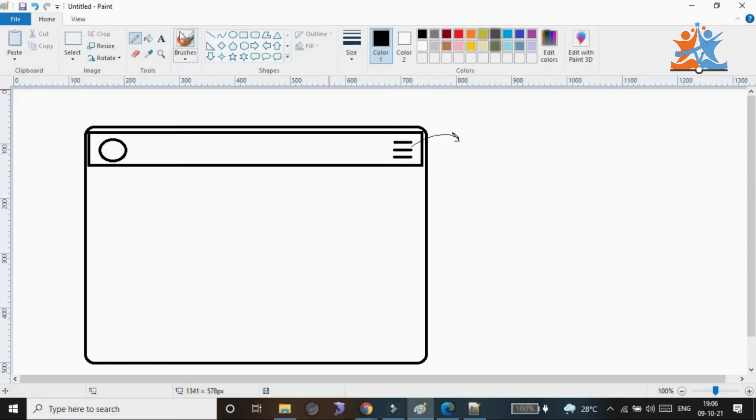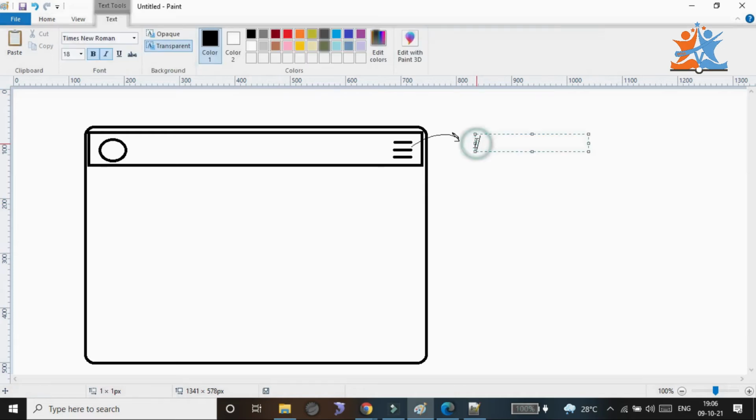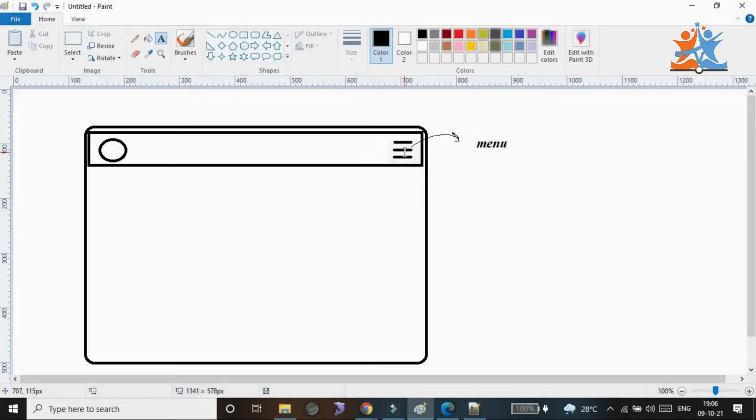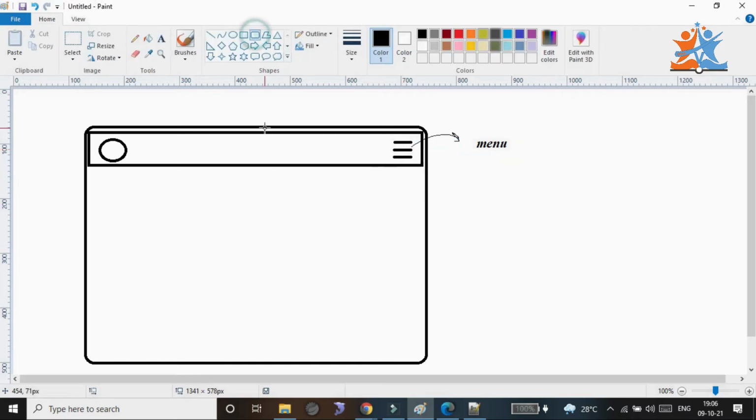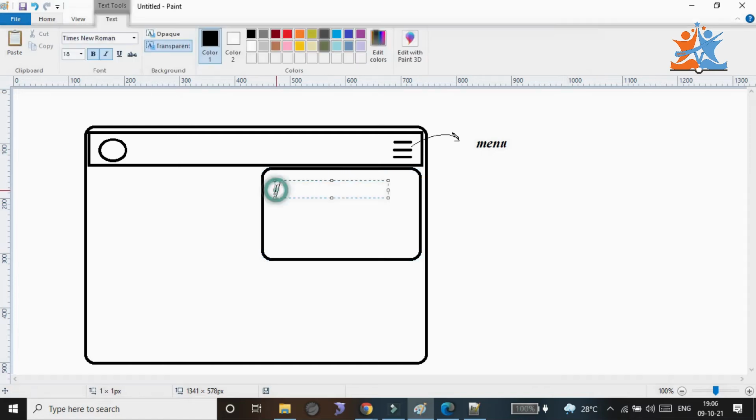Whenever we hit on these three dots, automatically we get some content here, and here we get the list of menus. For example, user is menu information, admin is menu information, contact, as well as services.